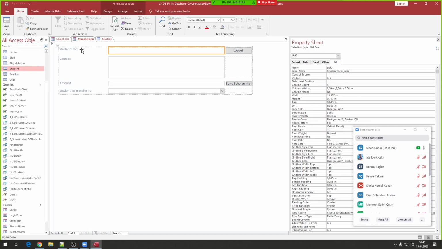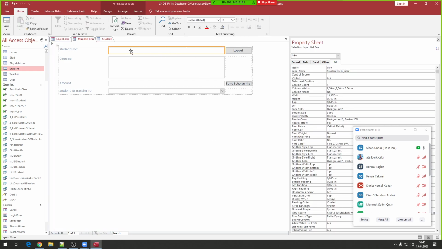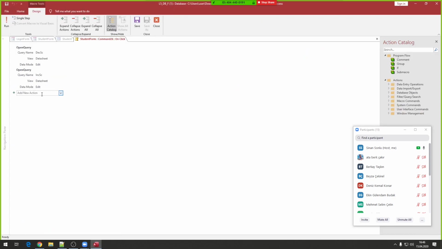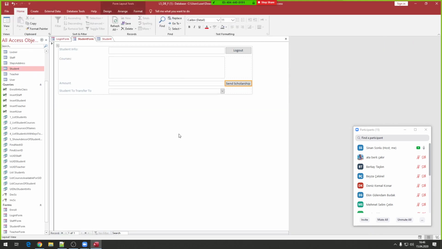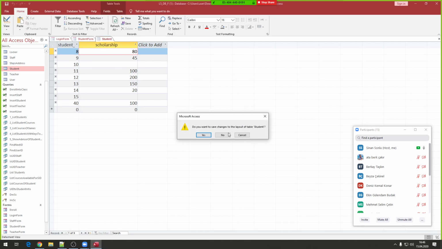And remember, we were showing the student information in this list box. If I check, its name is List0. Let's call it info. I would like to also update this info because it is showing my scholarship amount and I want it to be updated as well. So going back into this send scholarship macro, I can requery my item, and that item is called info. I will save this, close other tabs,